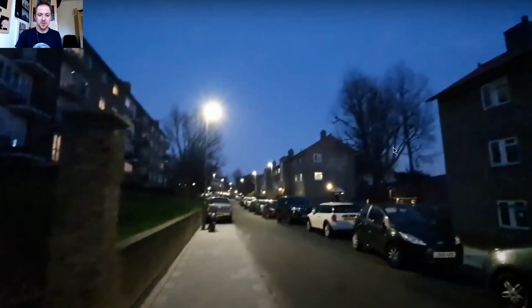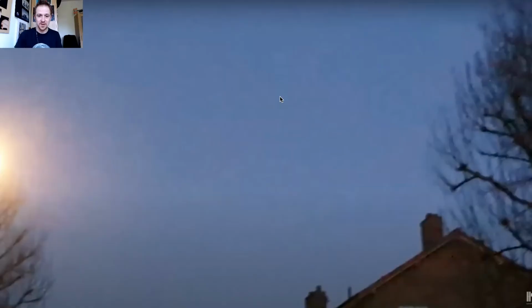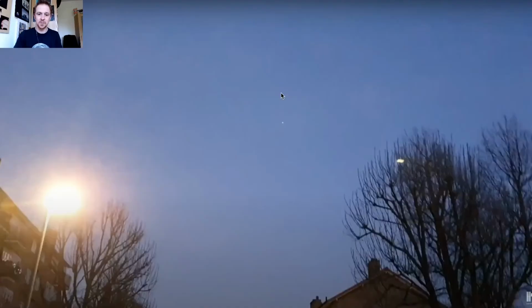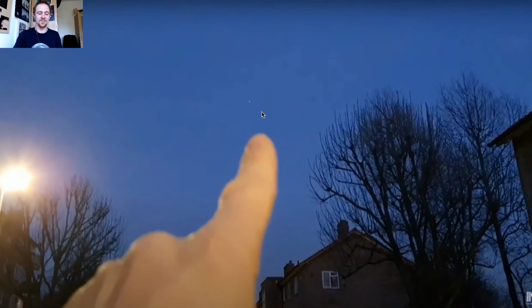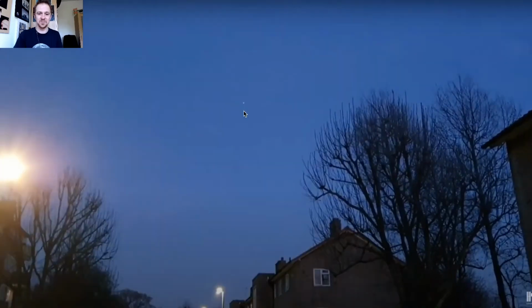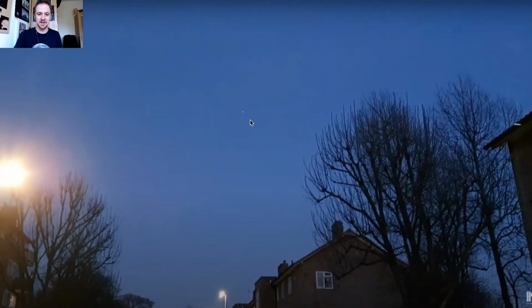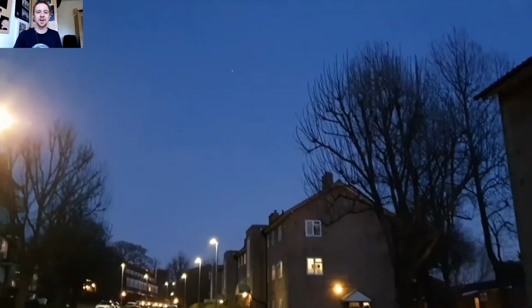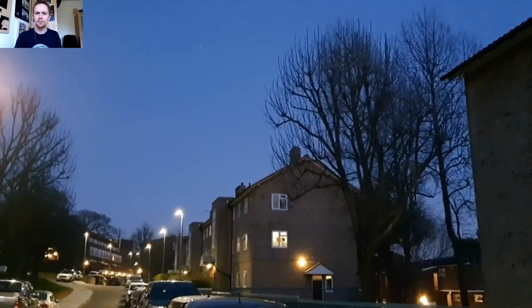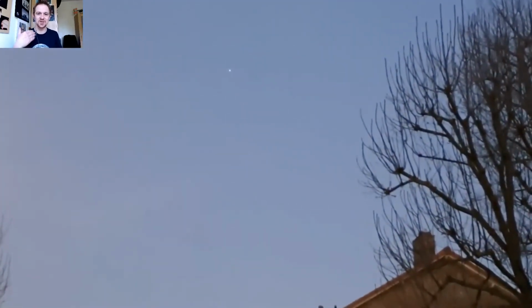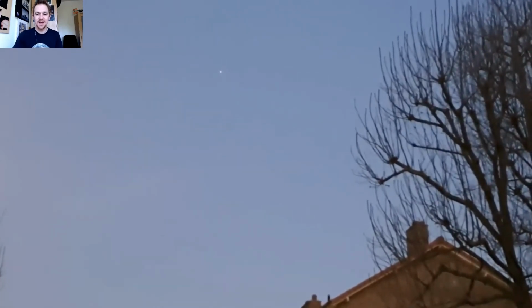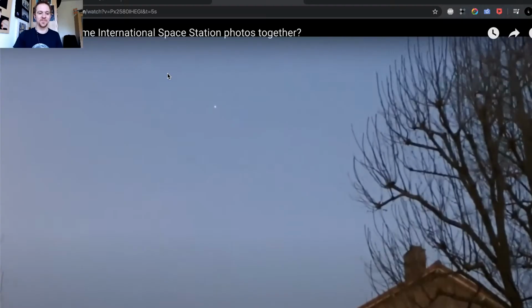So here I'm going to grab my phone, and you're going to see that bright little dot there, that one. That's the International Space Station, moving very slowly but at a steady pace. You see, obviously I'm a little bit shaky with my camera. I shouldn't be. I just pointed it out. So this is the International Space Station. You can see, if my camera actually could pick it up, for the naked eye this is just a straightaway object. So you can just straight away see it if you're there at the right time.